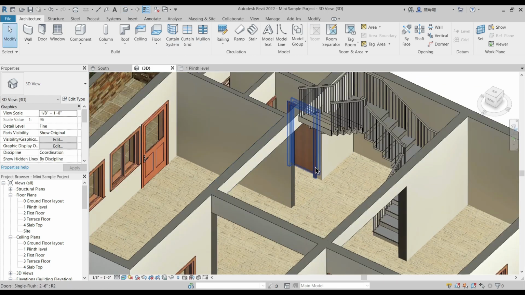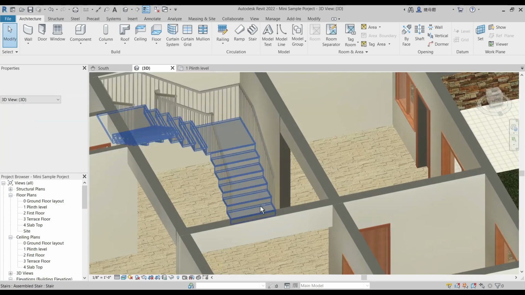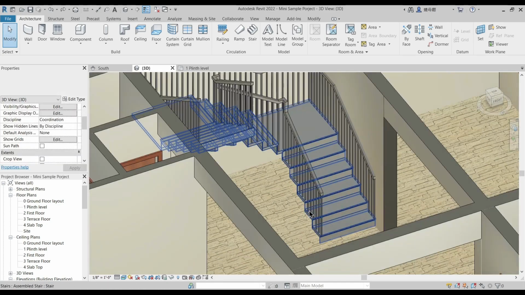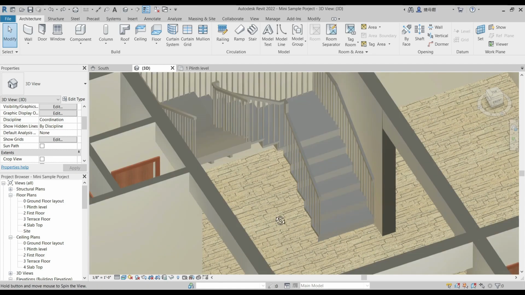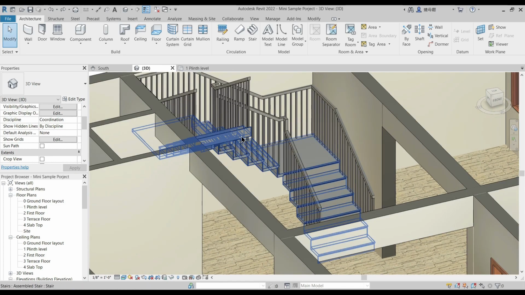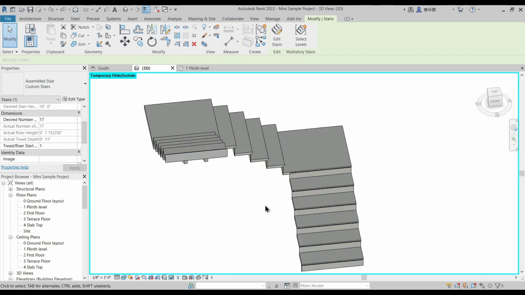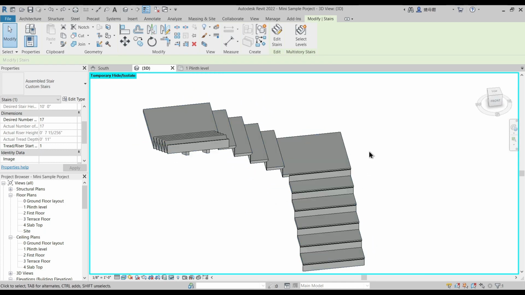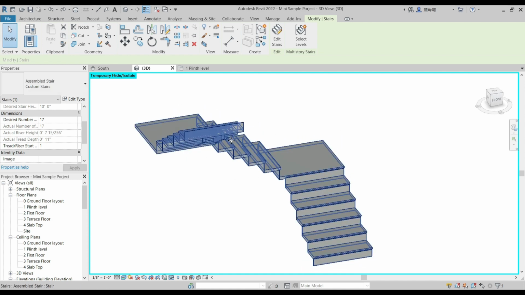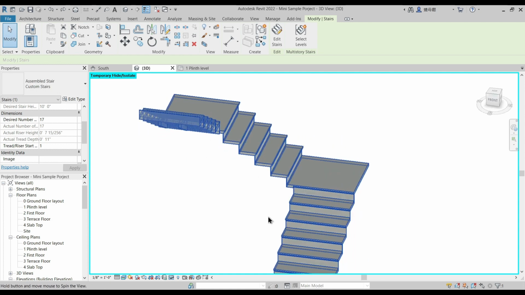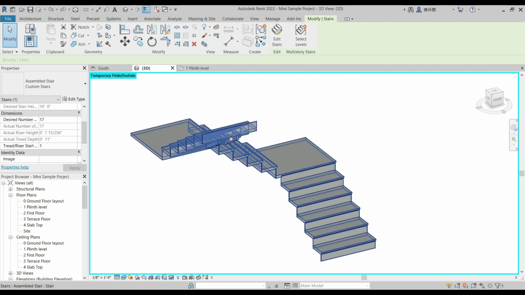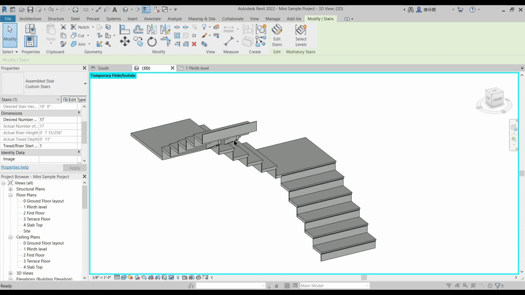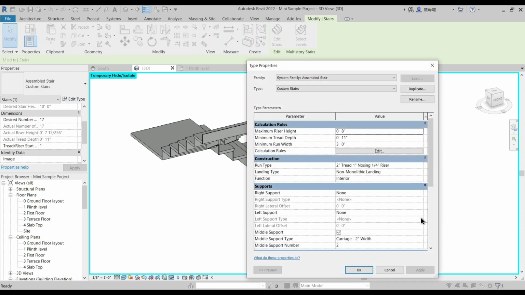Then you have your stairs created going from ground floor to first floor. But essentially you will notice that you have a problem with this staircase. This is what happens when you have the custom shape of landing and Revit couldn't find the proper alignment. So at that time it creates a problem while creating the, let me just change this to say I don't want